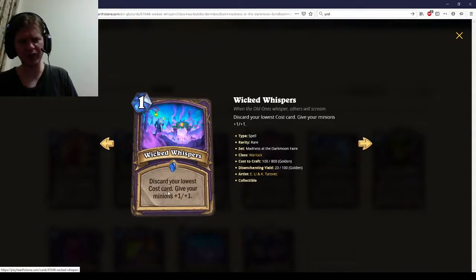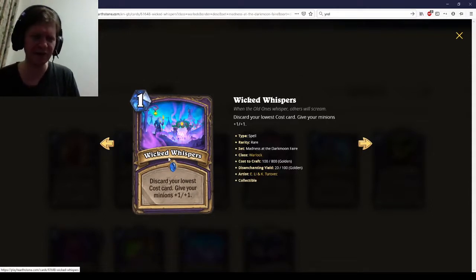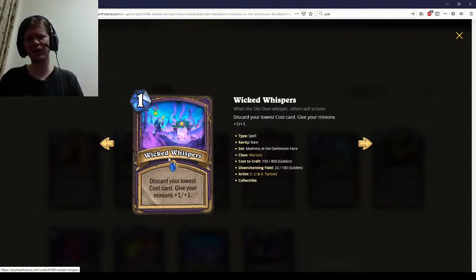Wicked Whispers. Discard your lowest cost card. Give your minions +1/+1. So, giving your minions +1/+1 if you're doing a zoo style is absolutely insane. Discarding your lowest cost card. If you've got a 1-drop or 1 mana card and you aren't playing it, then there's a good chance that there's a reason for that. It's a card you can't play. So, if a Wicked Whispers discards another Wicked Whispers, that obviously sucks. But if it discards a Flame Imp you can't play because you don't have the health to play it, or a Soulfire you don't want to play because of the risk of throwing away a really powerful card in your hand,